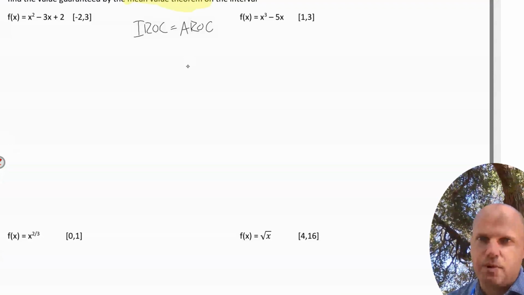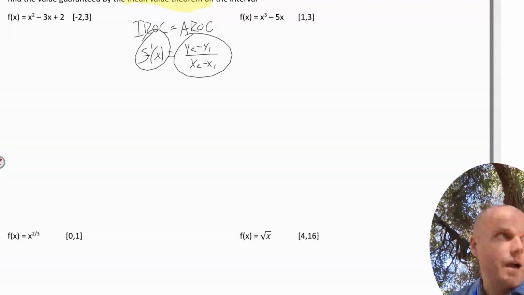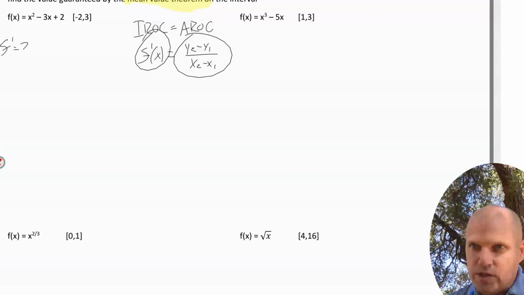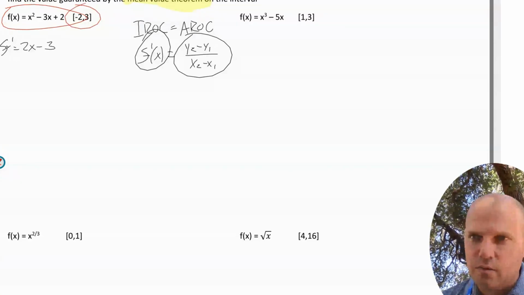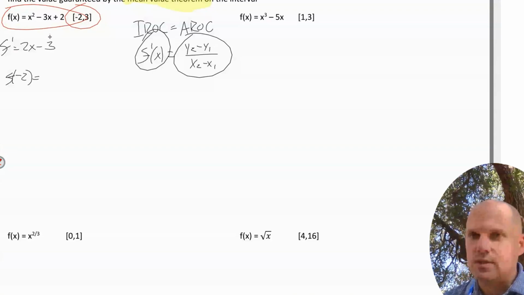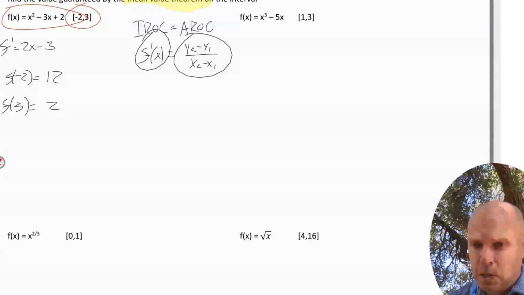Well, all you have to do is make sure that you have a tangent slope at some x that equals the secant slope over the interval. This tells you on average how quickly f is changing. This is telling you how f is changing at a moment x. So you need the slope equation. But before finding the slope equation, you need the secant slope. So you don't need the m values, you need the y values. So you need f of negative 2, which is 4 plus 6, which is 10, plus 2 is 12. You need f of 3, which is 9 minus 9 over 2.